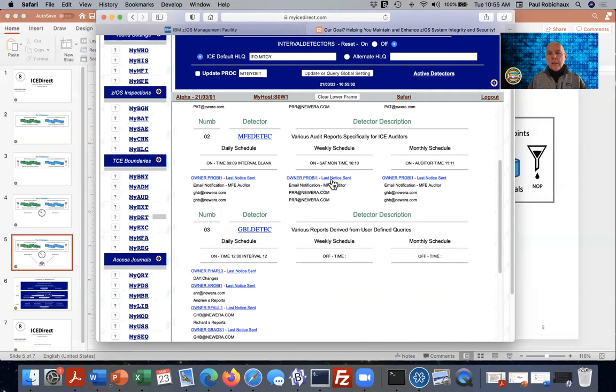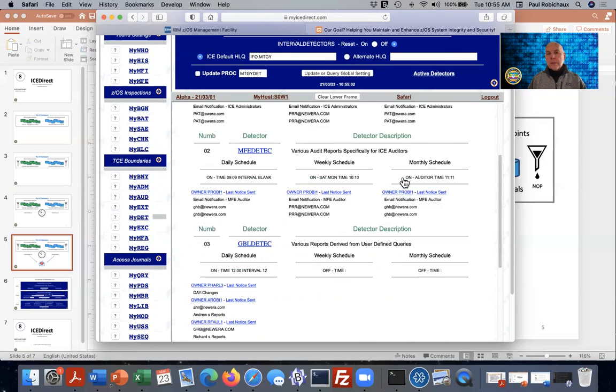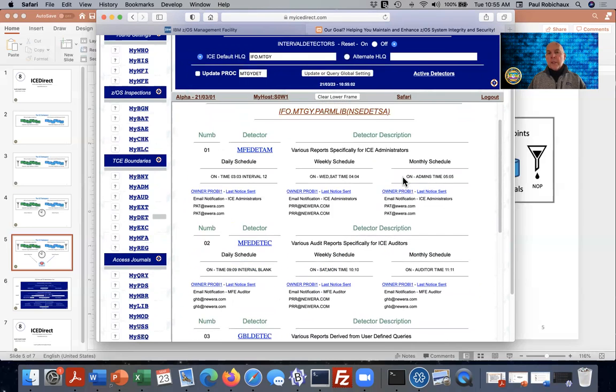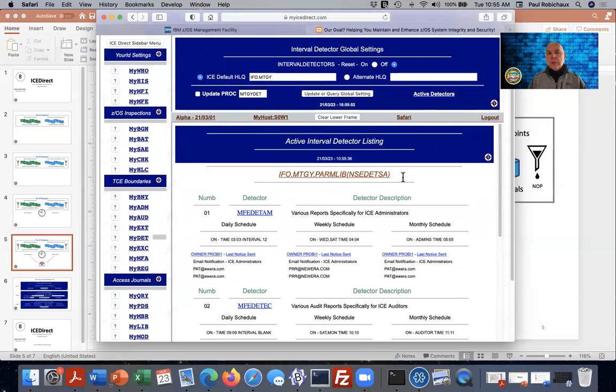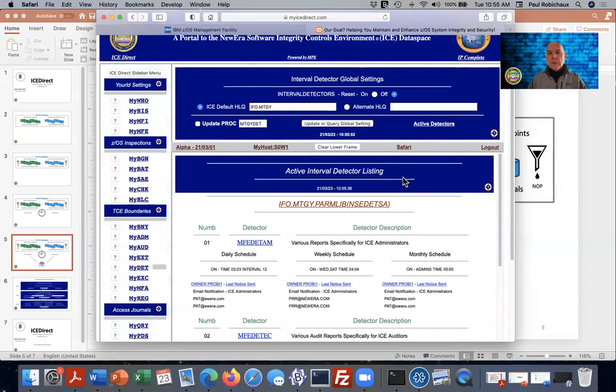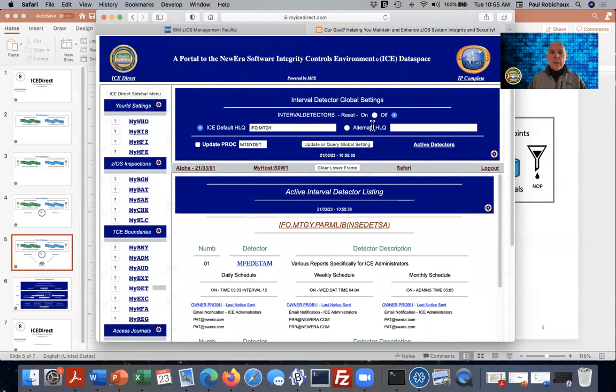From here, we can delete individual users, we can delete periods, we can do all of the things that are necessary in order to administer specifically to the individual detectors and the users who are receiving reports from them. If I go ahead and click on,